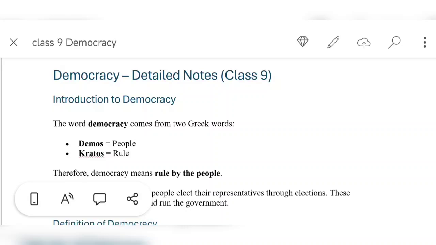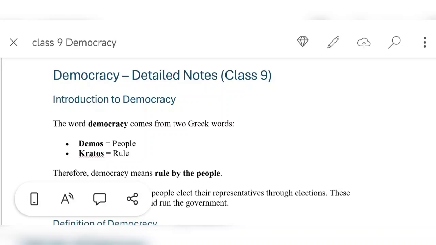So, democracy. If we talk about the subtopics, what we are going to learn in this chapter is the meaning, features, types of democracy, then the roots of democracy in India. Then we have to talk about the challenges we face in India when we are implementing democracy. Then we have democracy in the world, wherever we are seeing it, and how is the condition we'll be talking about. And this is going to be the first part of the chapter.